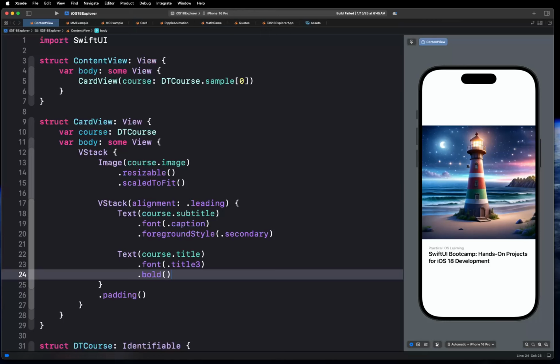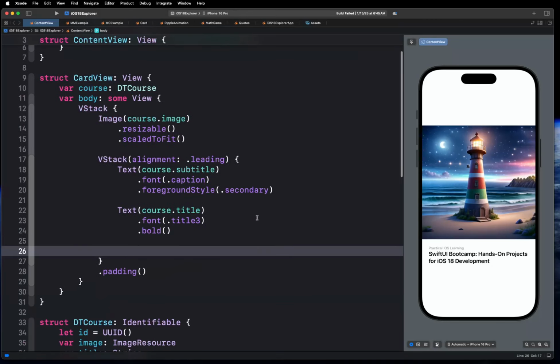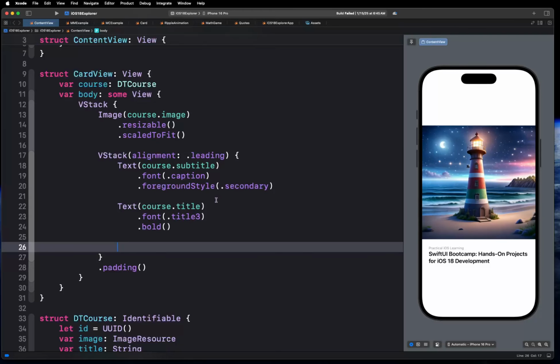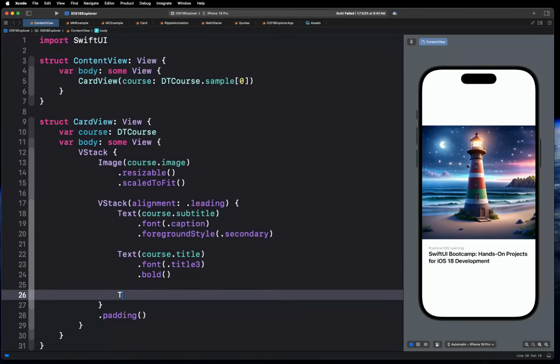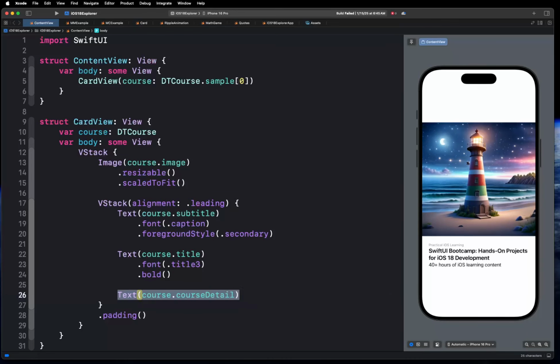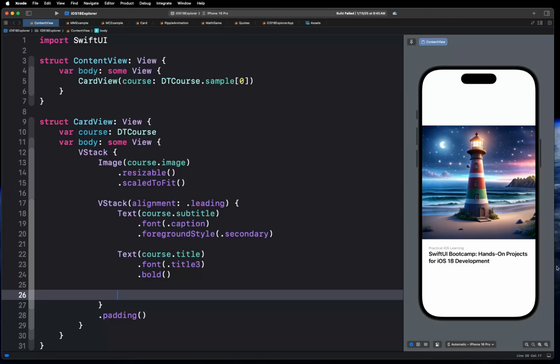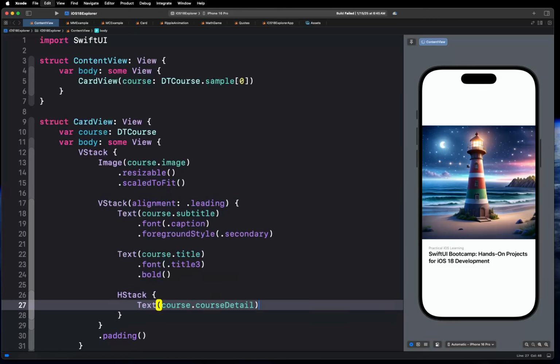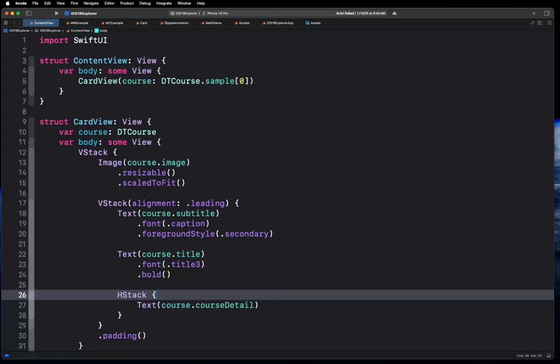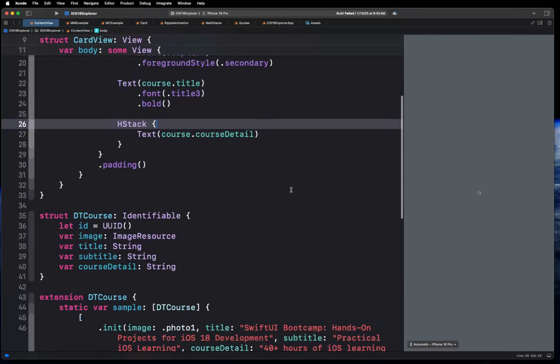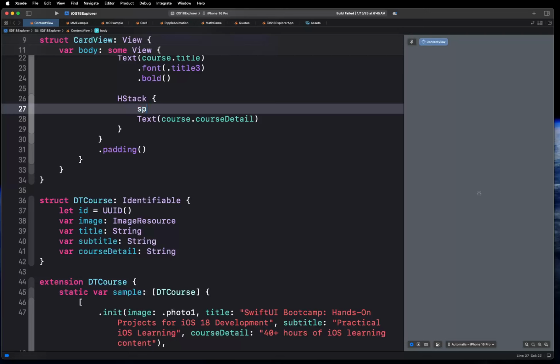Okay, so now we have our title. Let's go ahead and also show the detail for the course, and that one is going to be course dot detail. Okay, and this one we want to push it on the side, so let's put it inside an HStack. Sorry, I didn't mean to close. Okay, so we're gonna put a Spacer here, and shove the text on the other side,